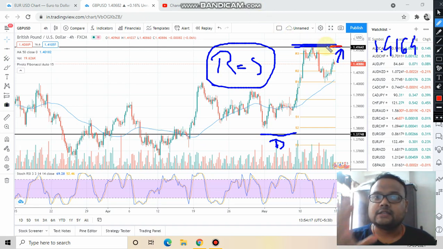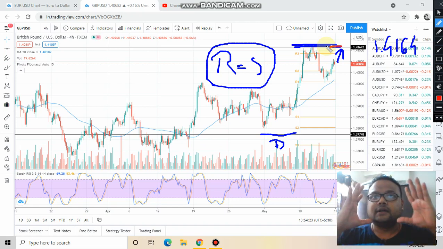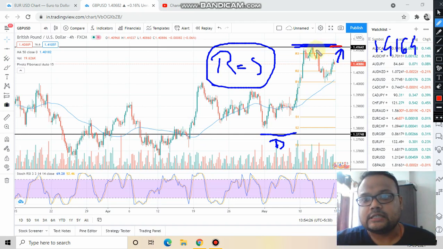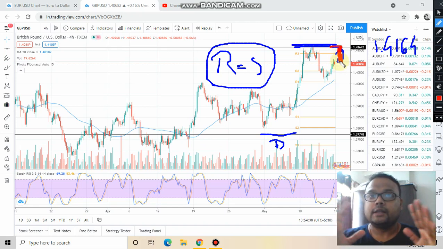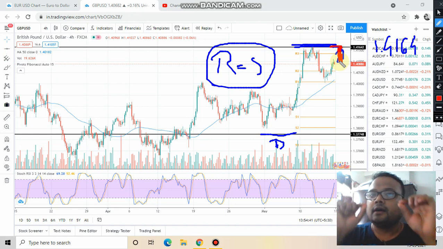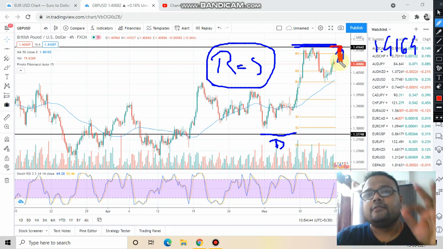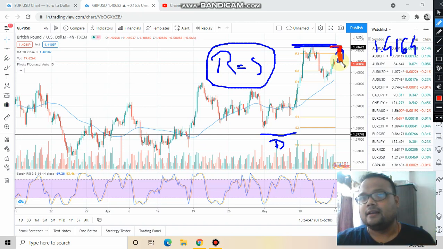Usually in an uptrend market, I always say that you should not short the market, you may get trapped. But here I have already shown you the heavy selling pressure. In case you see that market has formed a big red candle, or market is under heavy selling pressure, like a big red candle like this, then you can short the market. But you need to understand the psychology here. If after reaching the resistance, market forms a small red candle, tiny candle, then do not short the market. If you see that the price is being supported by heavy selling volume, then only short the market.